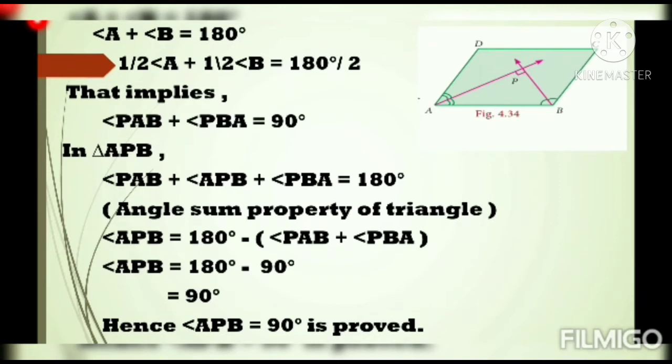Did you understand, guys? Here, we have to remember only one thing, that is, the sum of consecutive angles is 180 degrees. Then the angle sum property of the triangle. These two rules help to do this problem. So the sum of consecutive angles is 180 degrees and the angle sum property is 180 degrees. Using these two things, we have done our problem. Okay guys, shall we go to the next problem?